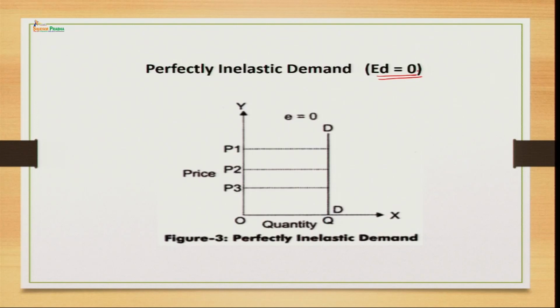If the price of salt increases, you are not going to decrease its consumption. Even if the price of salt decreases, you will not increase its consumption. So, in this case your demand will remain the same, there will be no change. In the case of medicines also, if the price of medicine reduces, will you start taking more medicines? No, right. Even if the price of medicine increases, will you stop taking those medicines which are being prescribed for you? No. So, in these cases, even if the price of that commodity increases or decreases, the demand does not get affected, and this is the case of perfectly inelastic demand, where the elasticity is equal to 0.